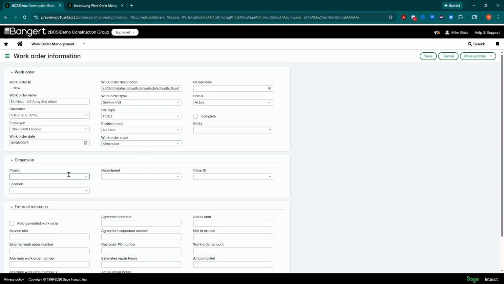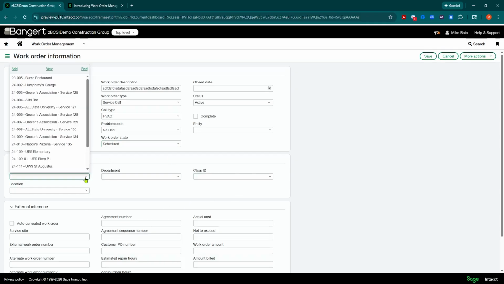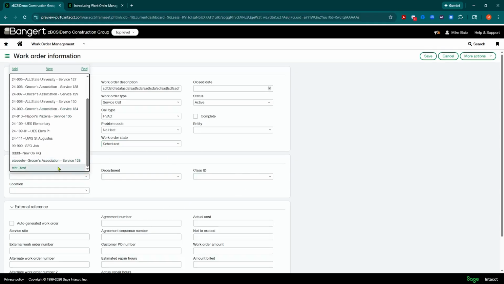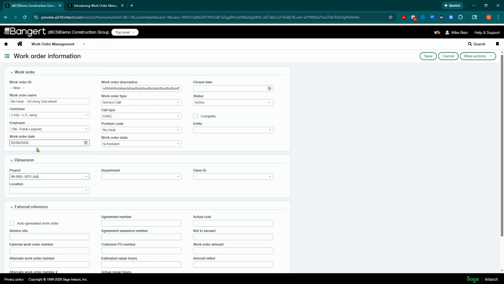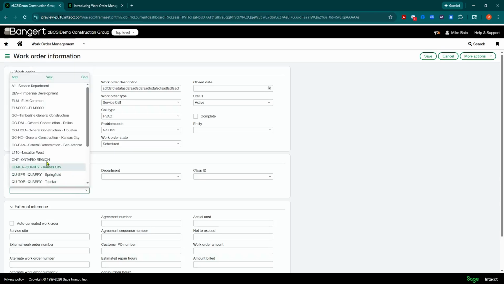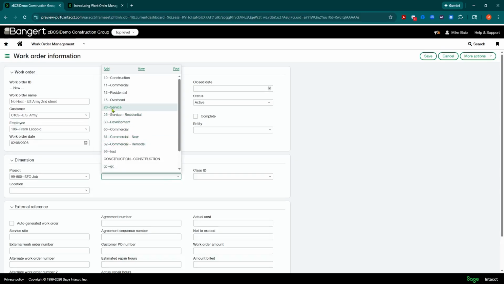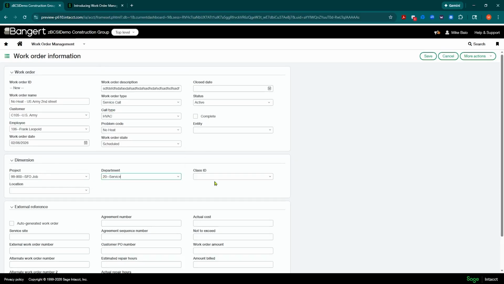You can link it to an entity or particular dimension. Some people do elect to create a project. If they're using Sage Field Operations or something like that, you could create a service project here if you want to get all that coding also to a project. And you could do that here. If I want to code to that project, you can code to a particular specific location. So if you have multiple service sites or multiple locations that you want to track work orders separately on, you could do that here with the locations. And departments is usually an important one. Maybe you have a service department that you want to track. So you're going to be able to link to all that dimensional accounting right within here.